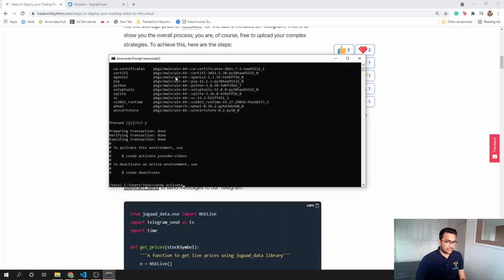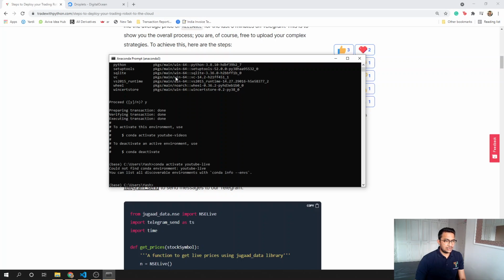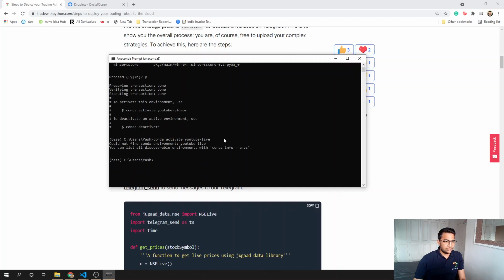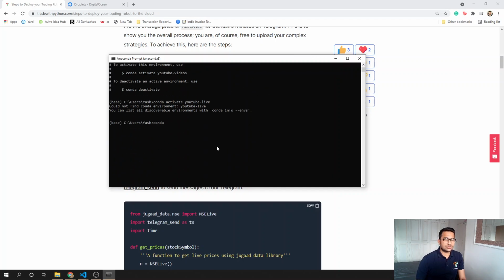So conda activate what I just created, YouTube Live, and then it could not find YouTube Live. So what was the name? YouTube videos. Sorry, the environment name is YouTube videos. Conda activate YouTube videos. So now you can see we are activated into the environment. Let's just install Jupyter Notebook as well. So conda install jupyter notebook,